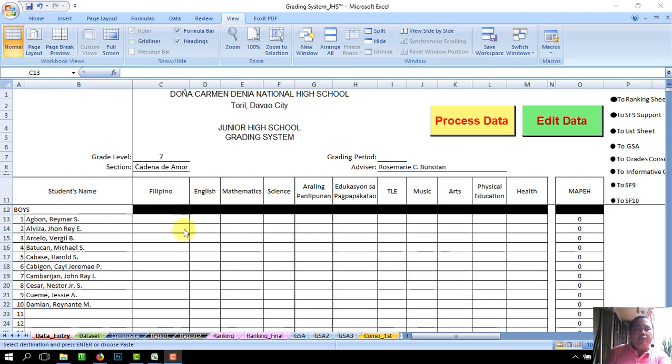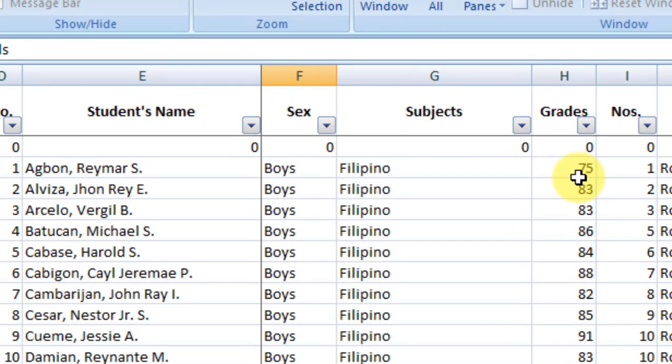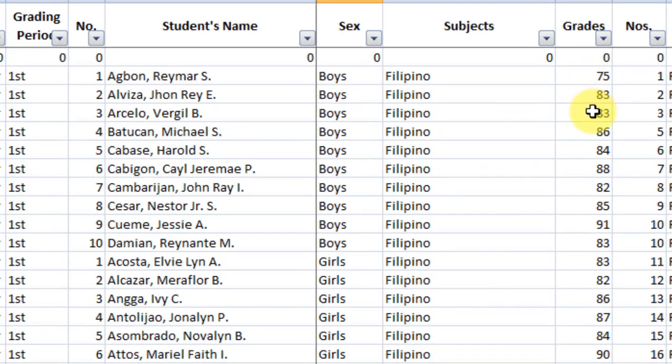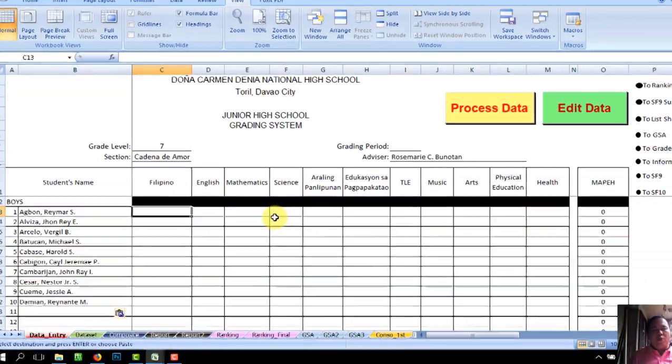Okay, so this time I will now introduce to you how to edit data. If you're in doubt that a grade entered in the data set was a mistake, for example, Agbon Raymar, for the first grading in Filipino, he got 75, and you want to change his grade from 75 to another grade, so you're going to